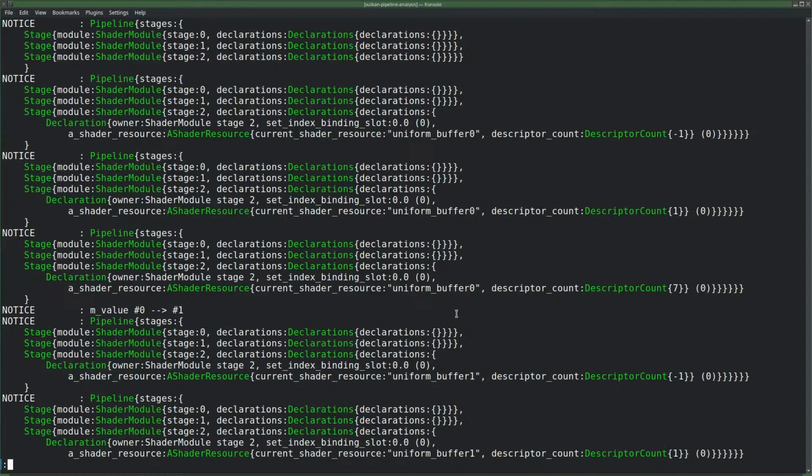Now I can already see that it works, I suppose. And here it is empty. And then we add a single declaration in stage 2, so the owner of stage 2. We pick some slot, of course we start with 0, 0. And it must contain a single shader resource, for which you pick uniform buffer 0, which is the first one, and then we add a descriptor count which starts as -1. And then the next one is exactly the same, but the descriptor count went from -1 to 1 and then to